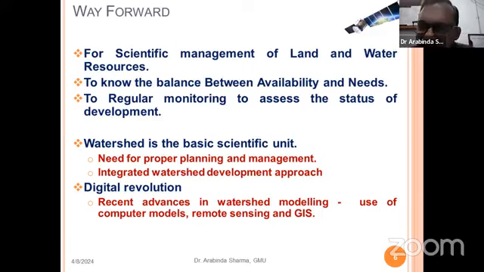And if you see whatever water is available in any form, whether it is available in the form of water vapor in our atmosphere, whether it is available in terms of ice or in high mountainous peaks, or whether it is available as surface water in the form of pond, lake, reservoir, or flowing water in river, or maybe underground water, whatever the form of water, wherever it may exist, this can be studied in what is called a naturally defined